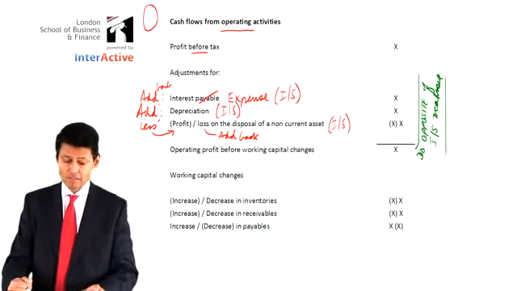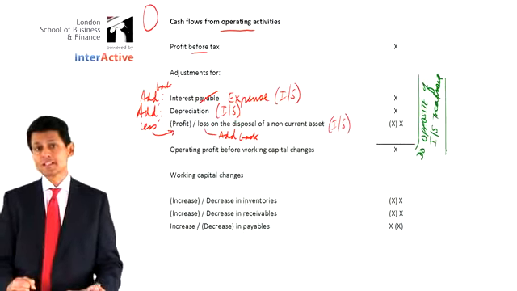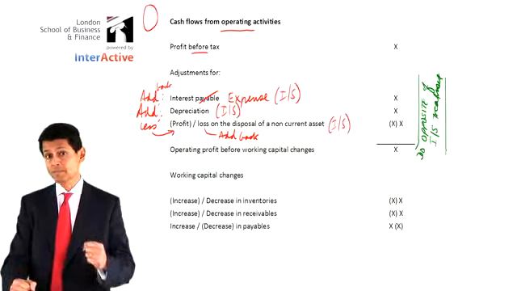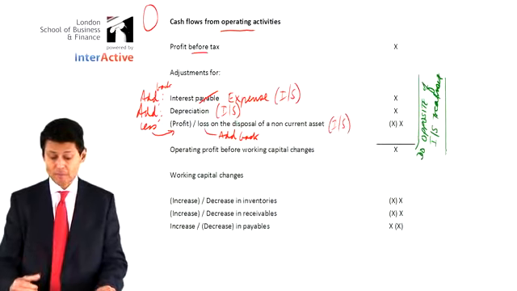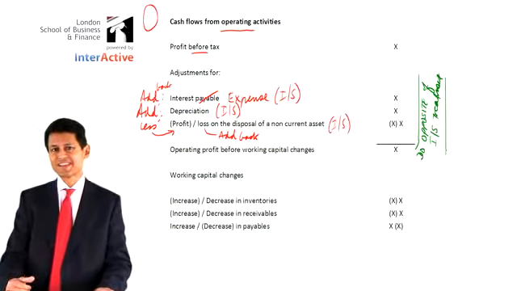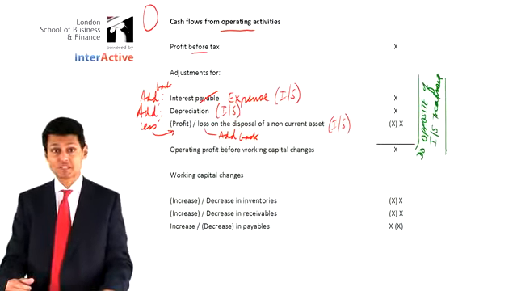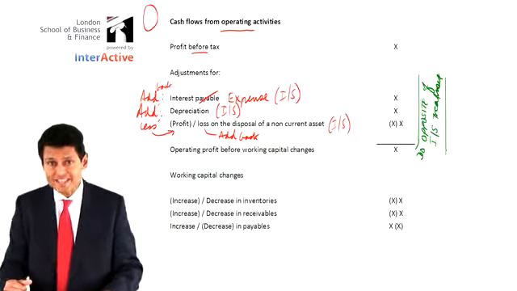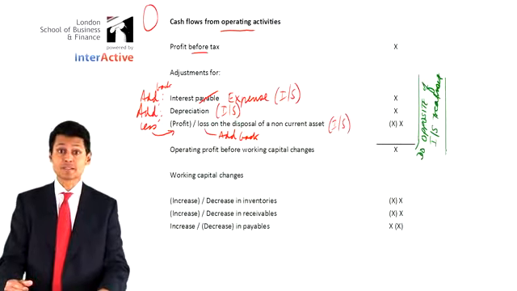What is this profit or loss on the disposal of a non-current asset? Let's say an item of plant. You've decided to sell it this year. Let's say it's in your books for 400 and you've sold it for 500. Would you agree in these circumstances you would have made a profit of 100? That profit would have been added in arriving at your profit before tax somewhere in your income statement. So perhaps the profit might have been reduced from admin expenses, that kind of thing. And so the admin expenses would have gone down, in which case your profit would have gone up. For whatever reason, or however you treat it, the profit on disposal of plant would have increased your profit before